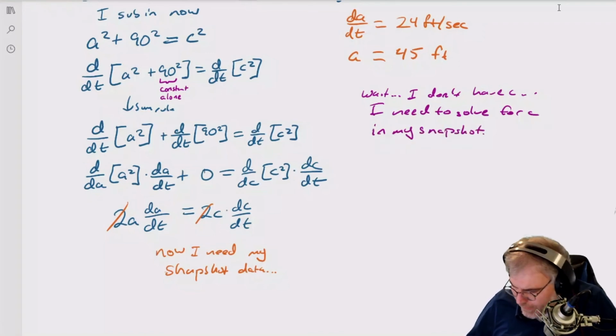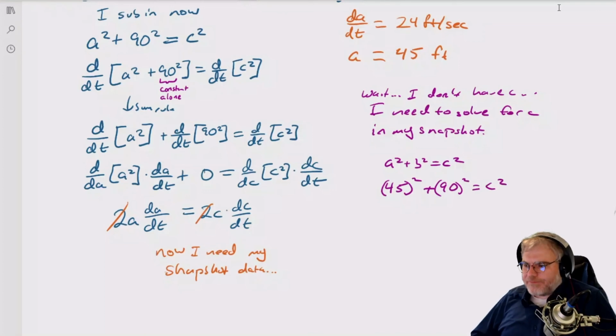So I need to solve for it, okay? So I've got a squared plus b squared equals c squared. In my snapshot, that's 45 squared plus b is 90 squared equals c squared. Now,